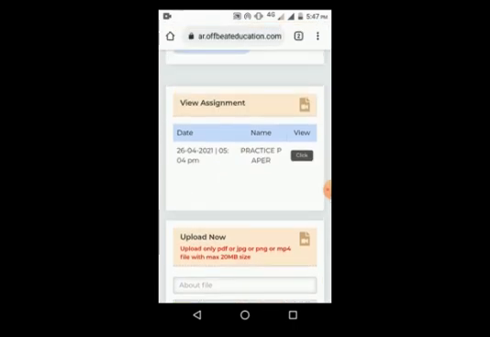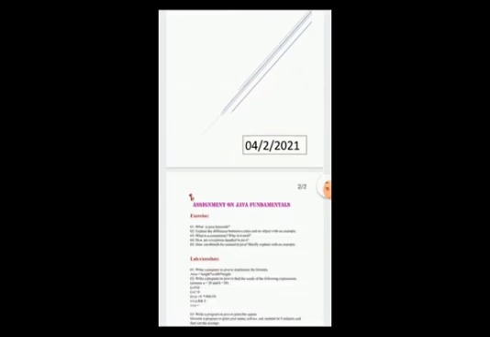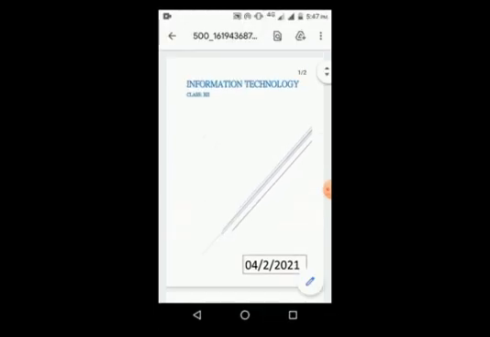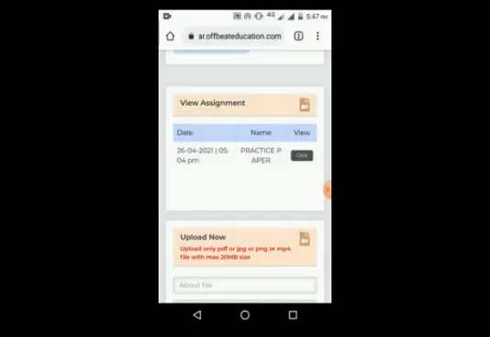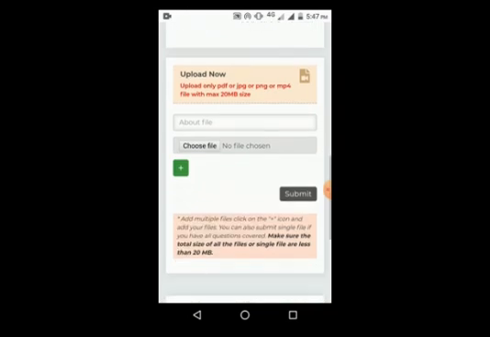If you click that, the assignment will open. See, this is the assignment my teacher has given me to do. If I go back, this is the area where I will upload my work.